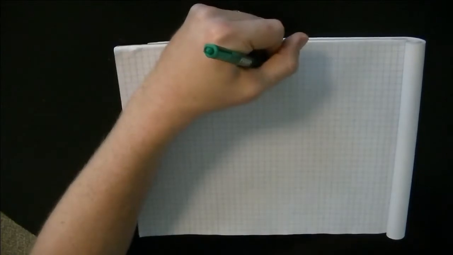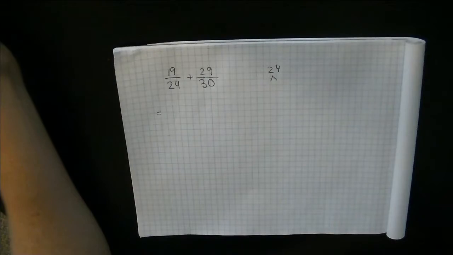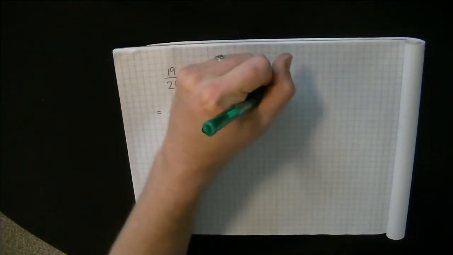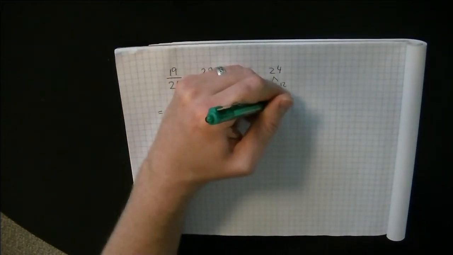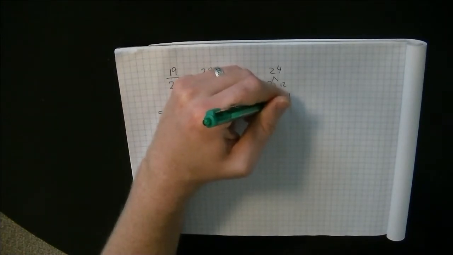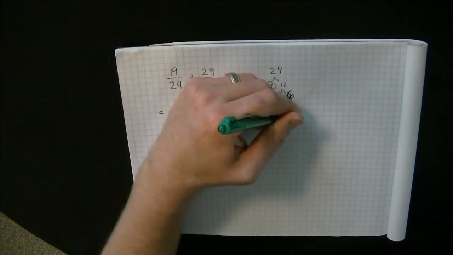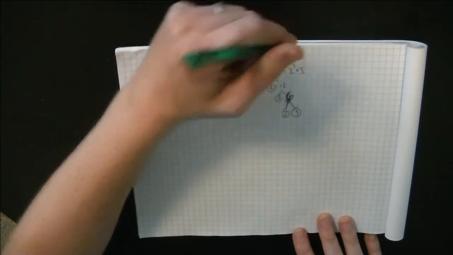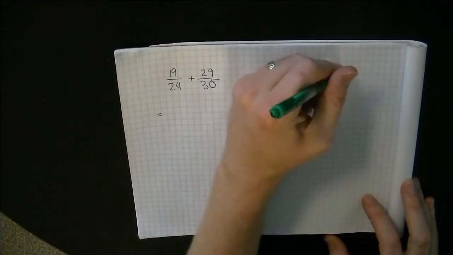Okay, so the factors of 24 are, well, we know we can factor out a 2, and that leaves us with 12, and then we can factor out another 2, and that leaves us with 6, and 6 is not prime, so then we can factor out a 2 and a 3. Okay, so 24 is equal to 2 cubed times 3, 8 times 3. Okay, cool. And now 30,